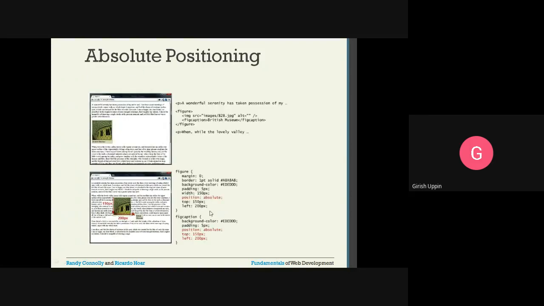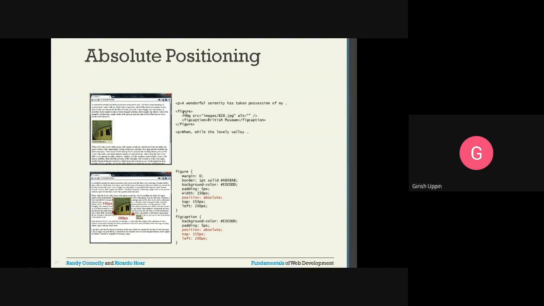Here is the next example where we are positioning both the figure as well as the caption. So you can see the caption here. In the earlier case, this was the caption, because we just set the figure, and the figure caption is inside the figure. When you say absolute for the figure caption, you are saying absolute with respect to its ancestor. Who is the figure caption's ancestor? The figure caption's ancestor is the figure.